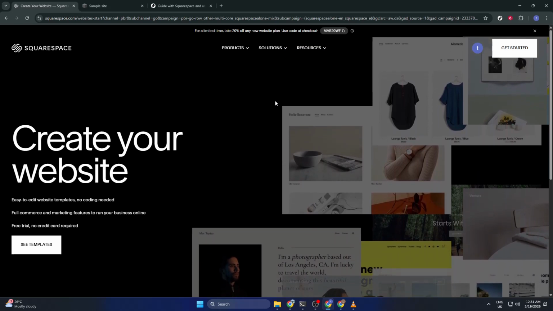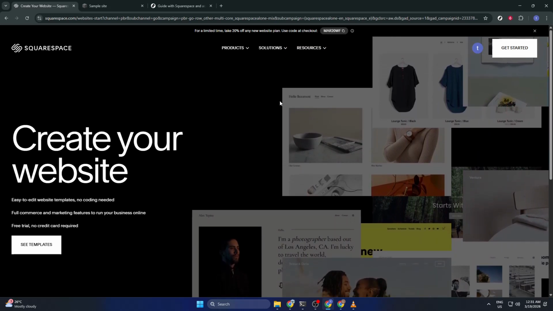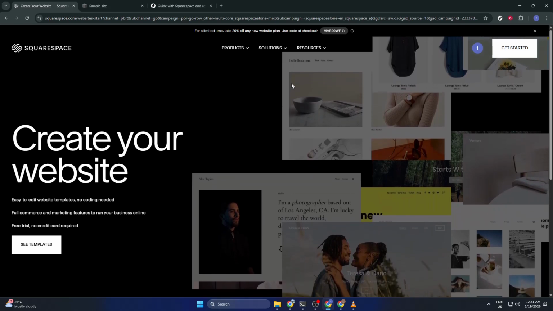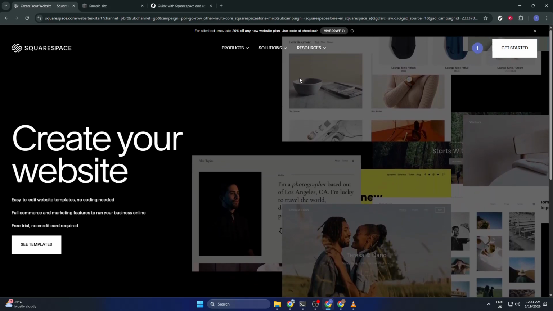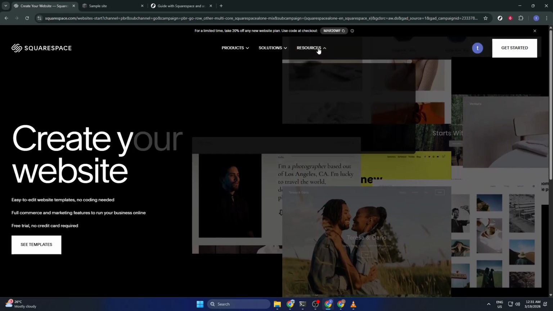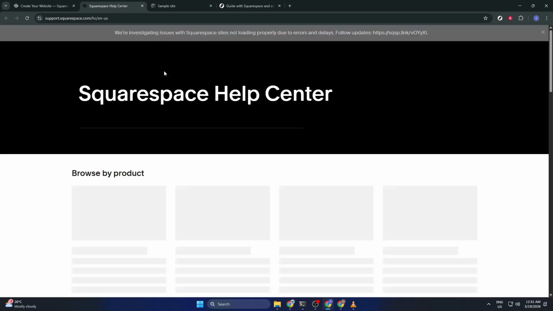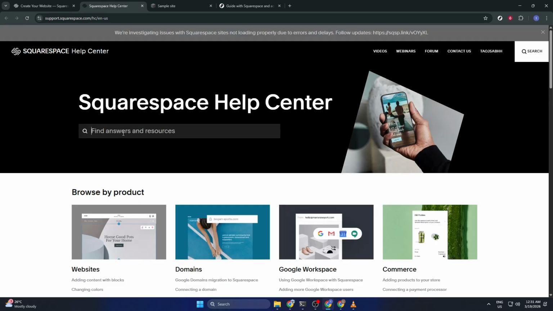Open it in a clean tab so you can easily move back and forth between your site and support resources as you explore. From there, look for the Help Center link. Depending on your screen size, you'll usually find it in the top navigation or in the footer of the page. Clicking Help Center takes you to Squarespace's support site, where you can search articles, guides, and troubleshooting steps. It's designed to be straightforward, with clear categories and a prominent search bar, so you can quickly find answers without